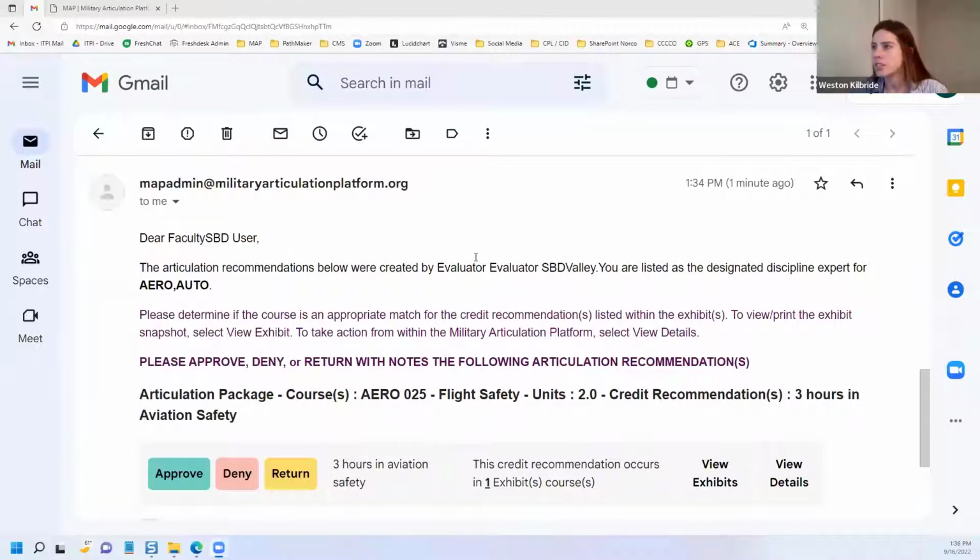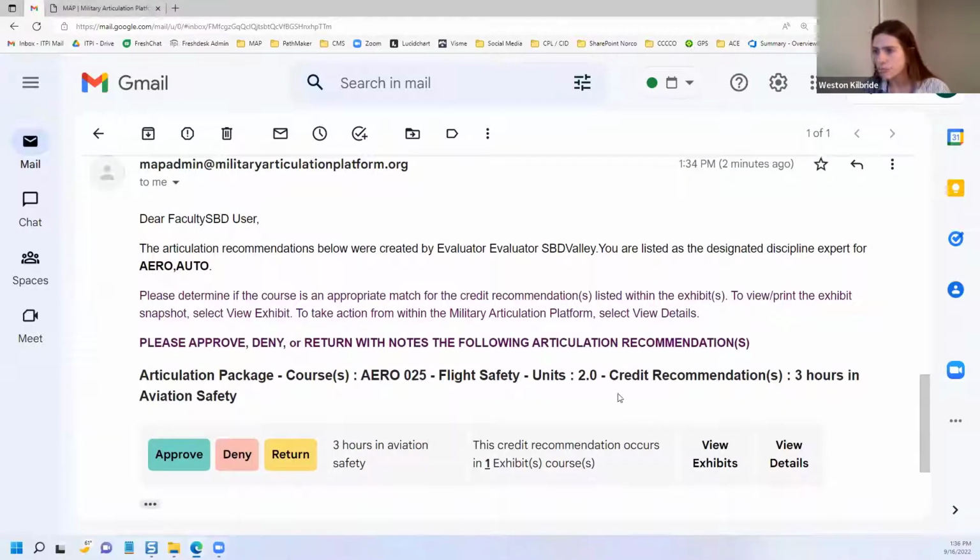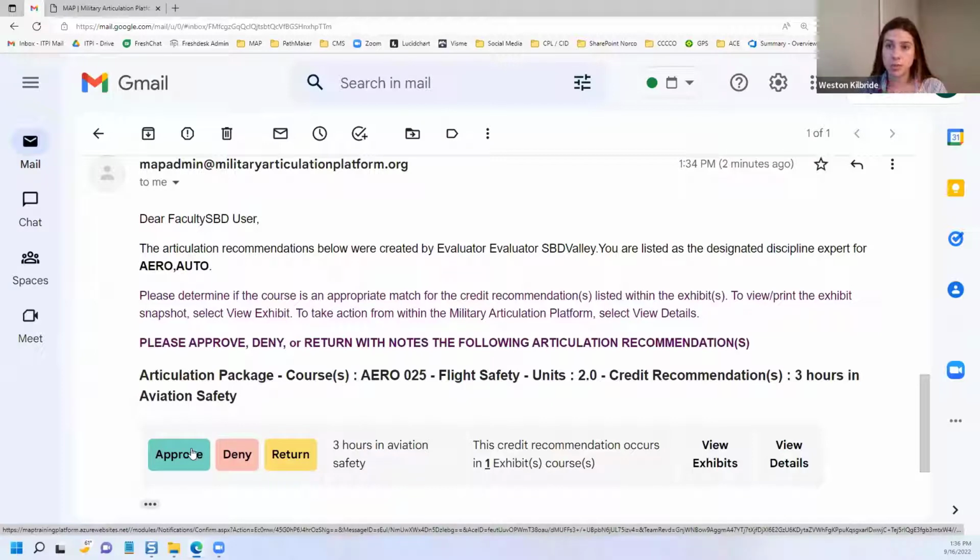Okay, so like Dr. Lee suggested, I have been set up with the subjects for this faculty user at SBD, Aero and Auto. So I've received this articulation package for Aero 25 flight safety, and then it gives me all of the details of the credit recommendations involved. And there are a couple of things that I can do straight from my email. So I can choose without further review to approve this articulation and send it forward to the next user, which would then be the articulation officer for review. I can deny this articulation, which would kind of stop it in its tracks